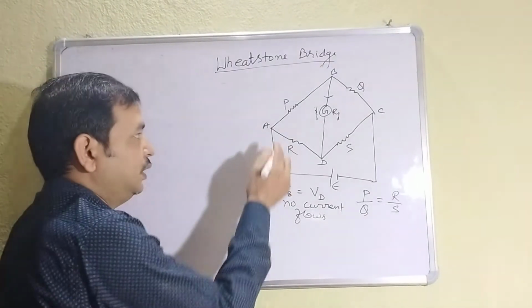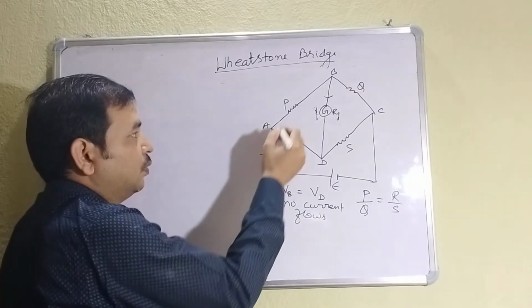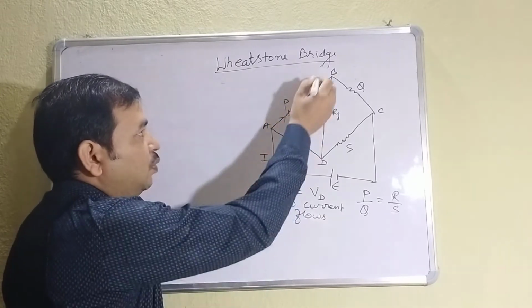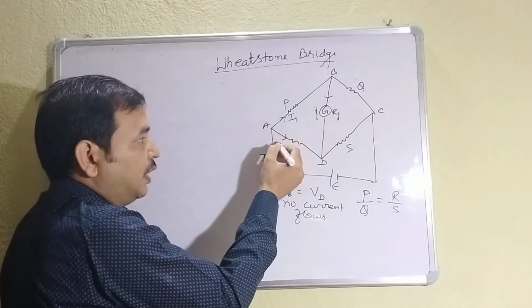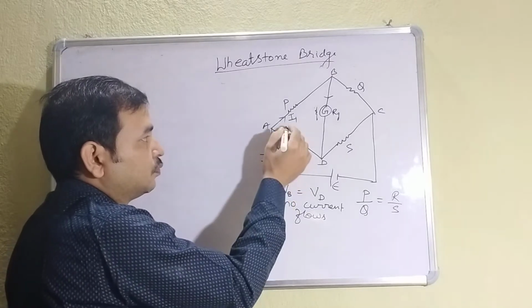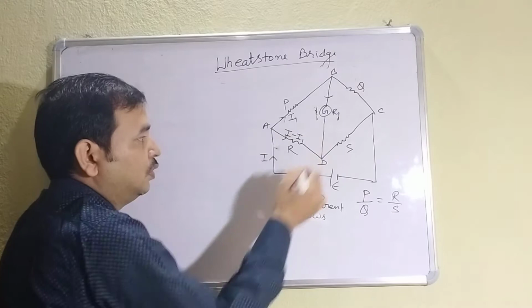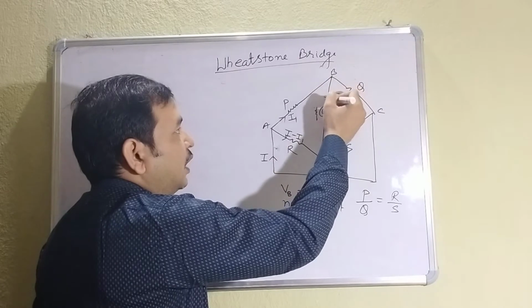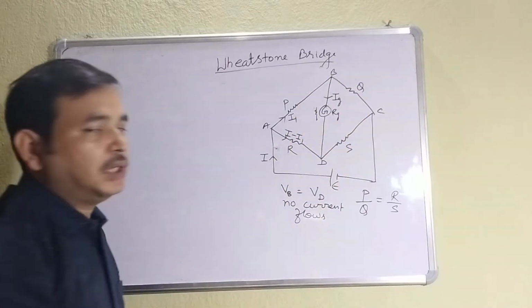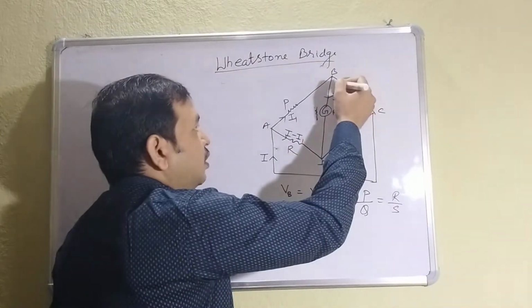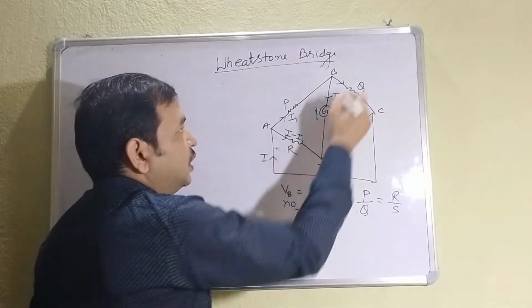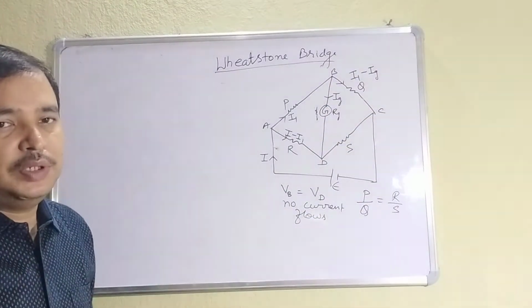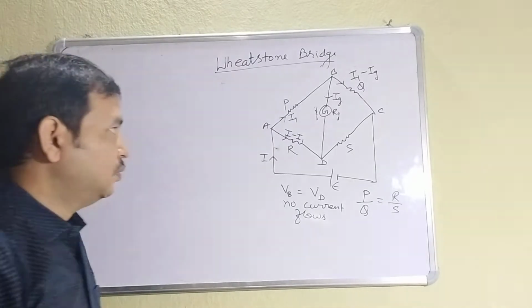Okay, at this junction A, suppose out of I, the current I1 moves in this direction. So the rest of the current, I minus I1, will move towards D. Now at this point B, suppose some part Ig moves towards the galvanometer. Then what will the rest part out of I1 be? If Ig moves in this direction, the rest, I1 minus Ig, will move in this direction. Already we have discussed the junction rule, so it must be clear to you.